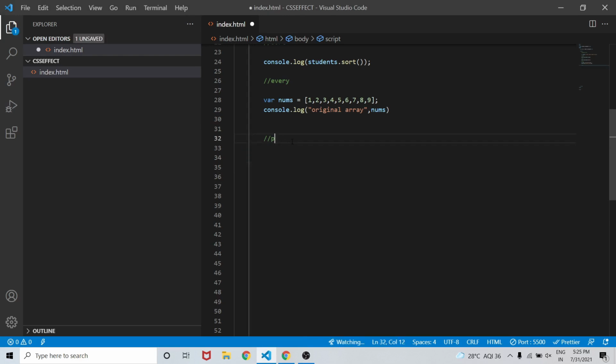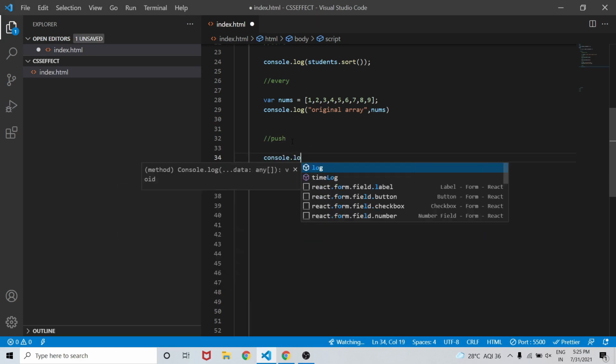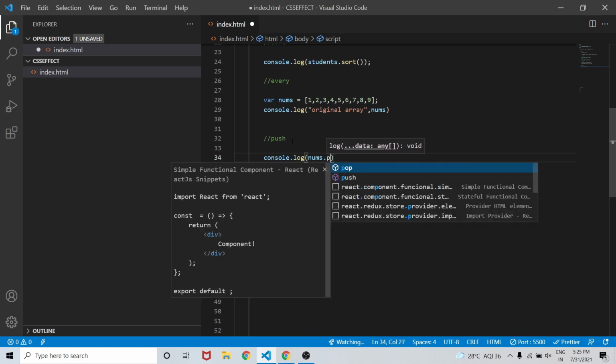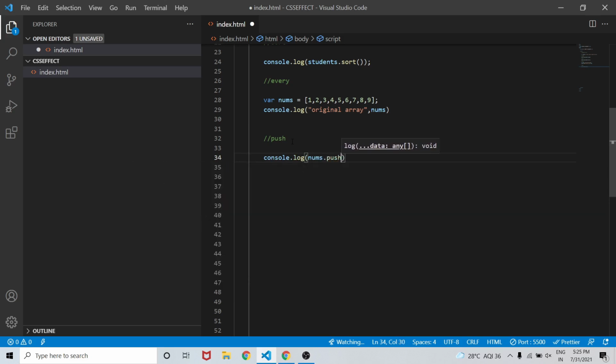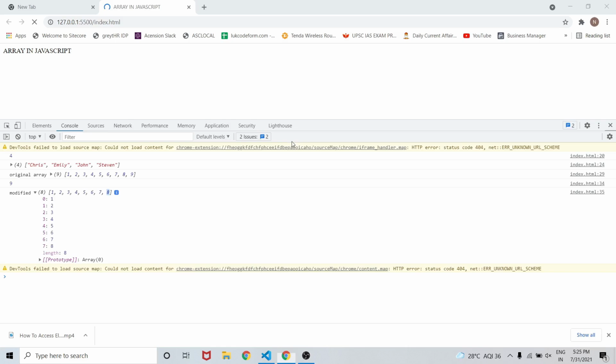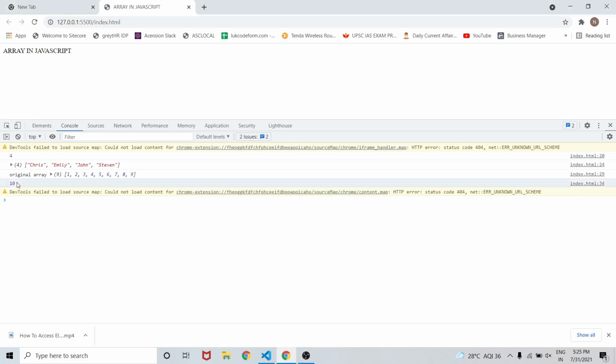Now we have one more method, that is push. So this push method will add the element that we pass to this push method to the end of our array. So nums.push 10 and let's check. So this will give us the new length of our array, that is 10.